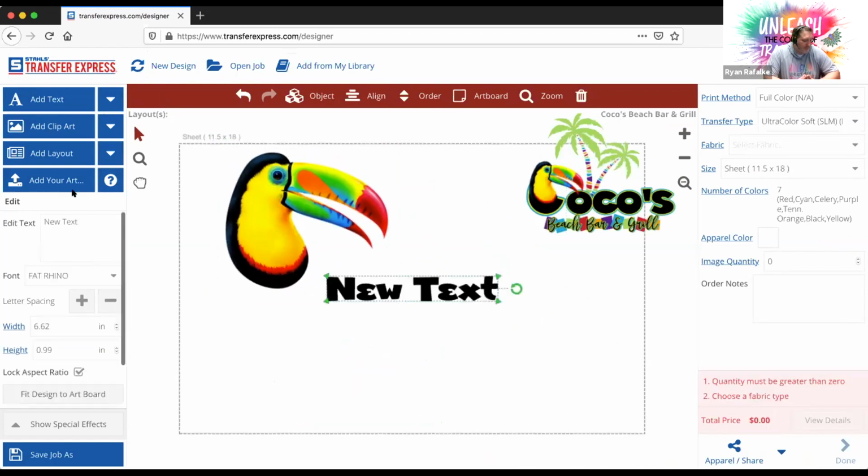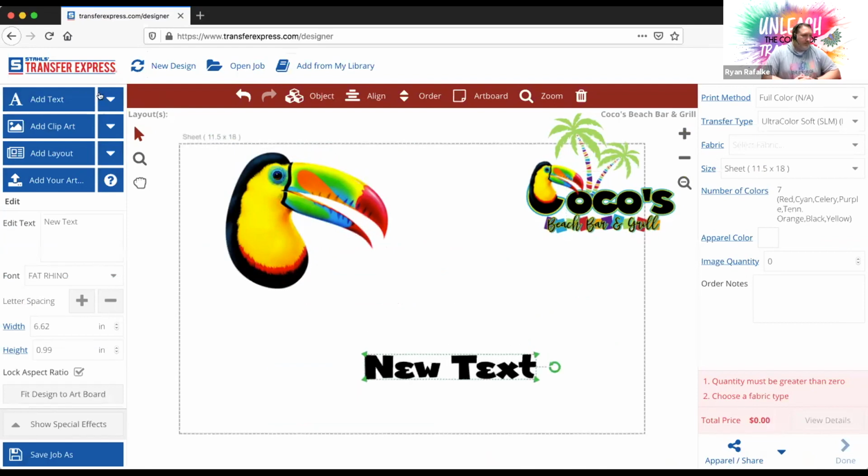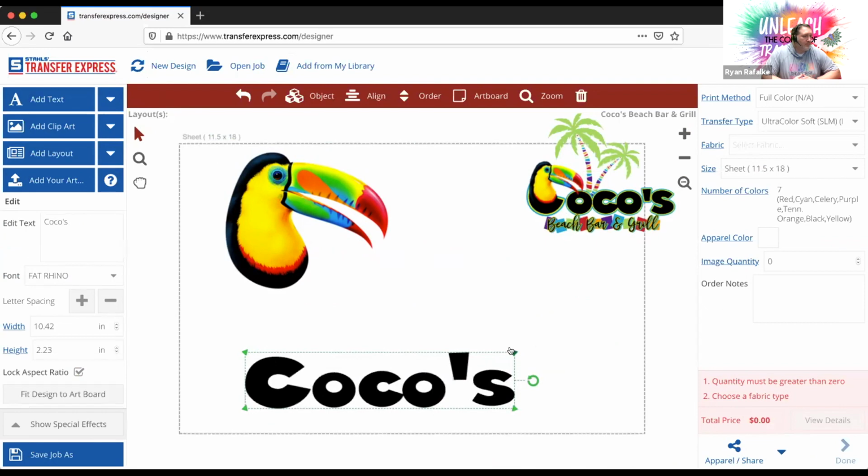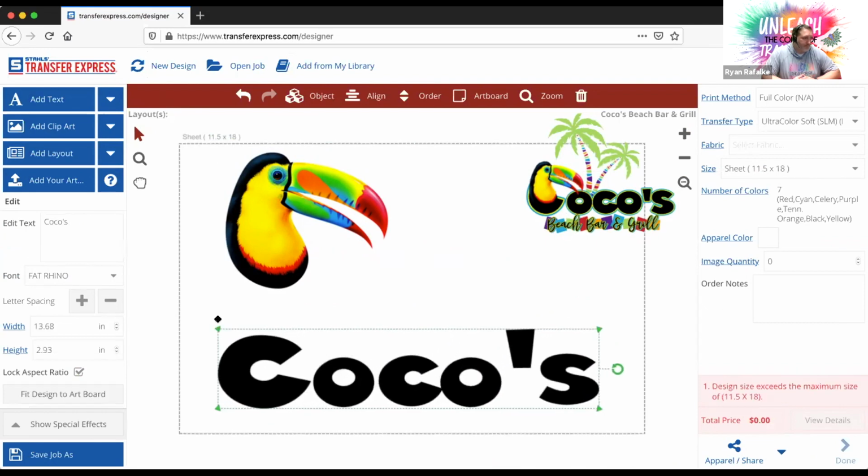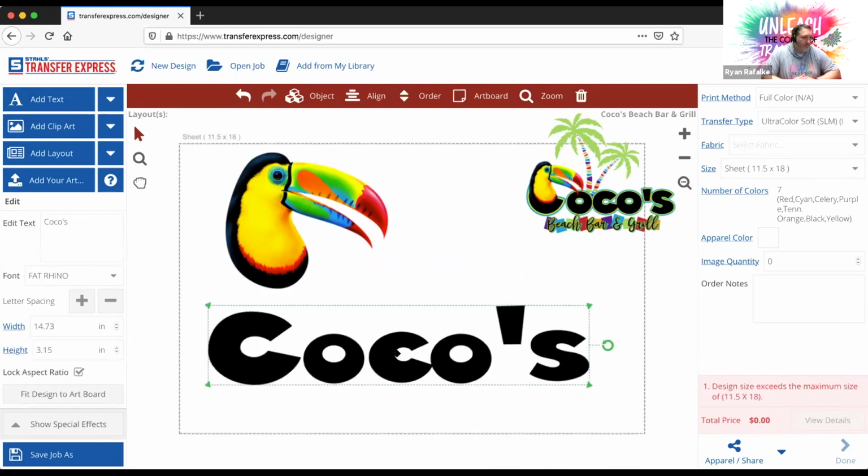So let's go ahead and add some type in here. Let's change the font. No, I think that's the right font right here. So let's change this. We'll do Coco's like this, just to show you that's not how we did it, and I want to show you why. I'm going to make it larger, right? And we do it like that. So it looks pretty good. If I wanted to,